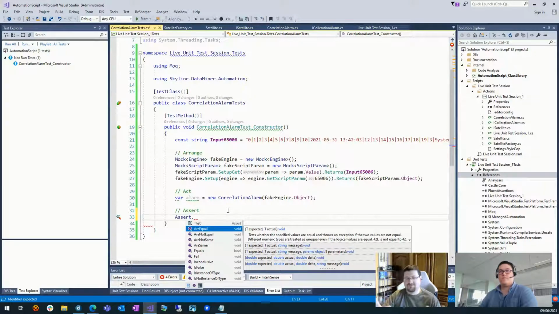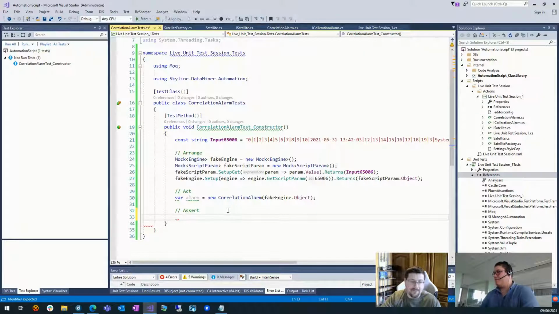Now, before I get flamed horribly by some of the coding purists out there, a lot of the rules you'll see say unit testing means one test, one assert. That's a very nice theory, but in practice, if you do that, you're going to end up writing quite a lot of test methods, with quite a lot of copy pasting, and you're going to make quite a complicated mess.